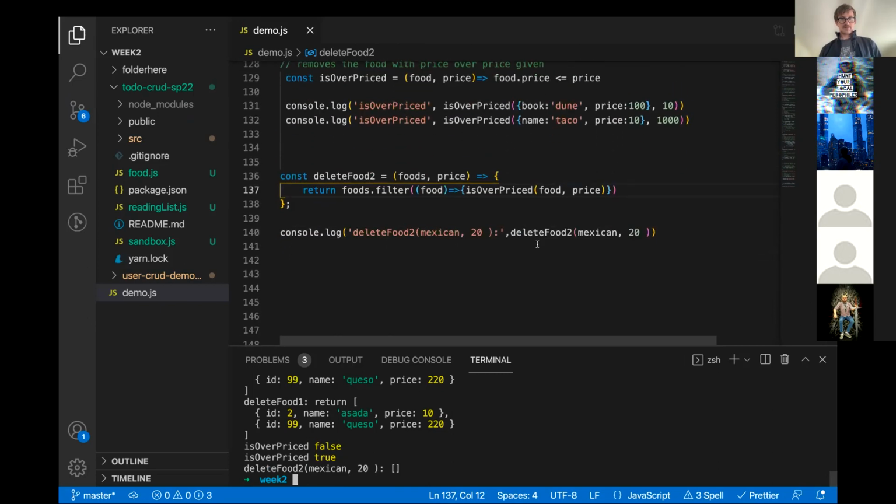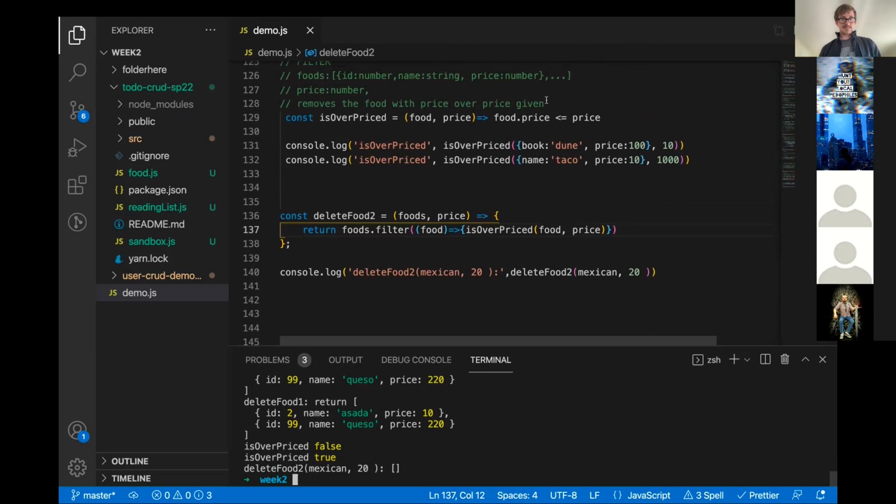Okay, so deleteFood, we're calling deleteFood, foods.filter. Food isOverpriced. Returning true. This is a weird way to, okay. I see the problem. And that is,